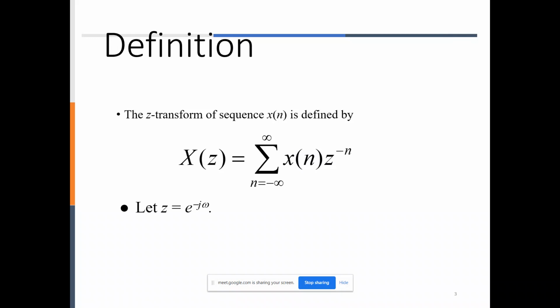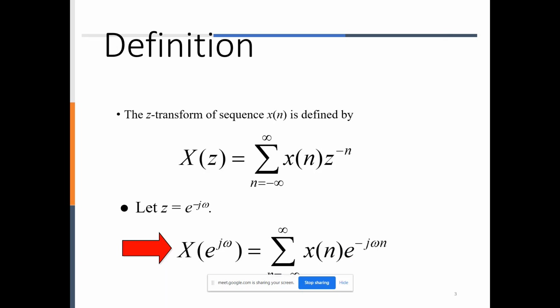What is the definition of the Z transform? The Z transform of a sequence x[n], where x[n] is the input discrete time sequence, is represented as X(z) equal to the summation from n equal to minus infinity to infinity of x[n] z to the power minus n. And what is z? Z is a complex variable,